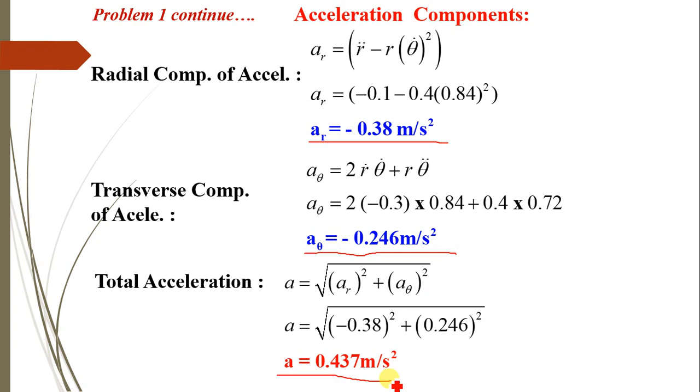So whatever formulae we have discussed in the earlier theory part for Vr and Vθ as well as Ar and Aθ, we directly have to substitute the values of r dot, θ dot at t equals 2 seconds in those expressions to find the total velocity and acceleration in terms of r and θ components.